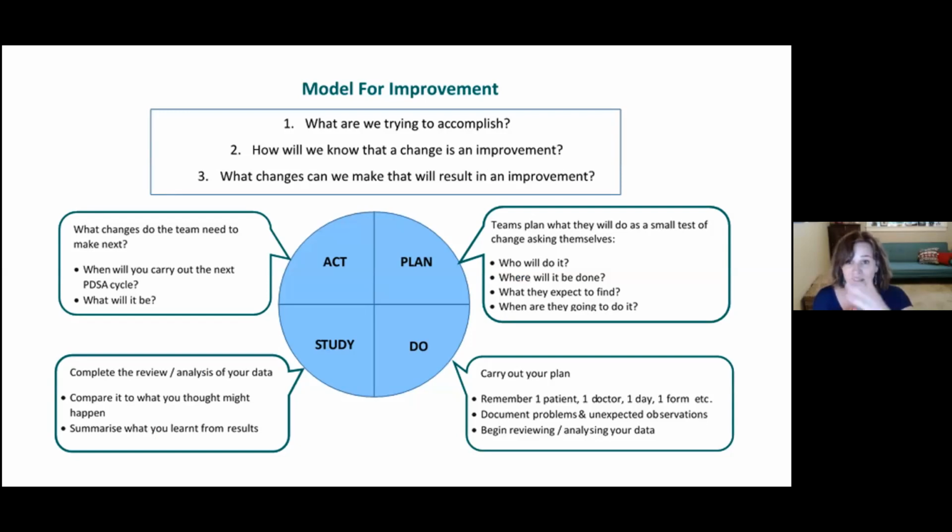It is not a one-time cycle, it is an ongoing cycle. And even after you have spread your change across the organization, it's meant to be a continuously improving cycle. It's not completed and you don't do it anymore. It's meant to be an ongoing way the organization operates.